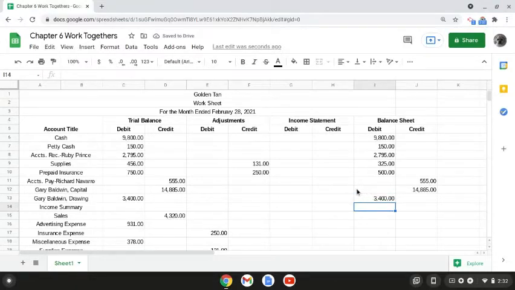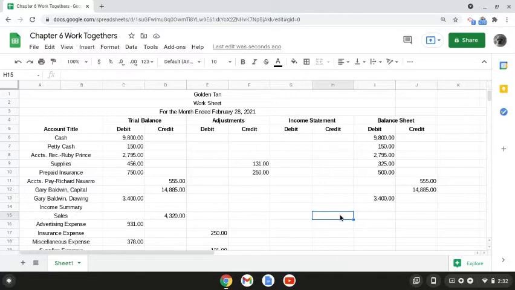All right, so now we are done with our balance sheet accounts, and we are now ready to move on to our income statement accounts. And the first account classification for the income statement is going to be revenue. So income summary was listed as nothing, but we will be using that account in the future. So the first account that's going to be listed for our income statement